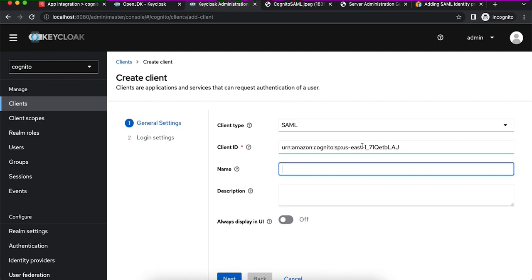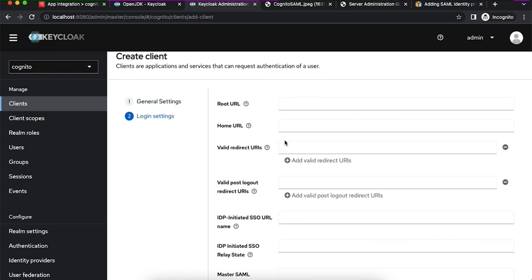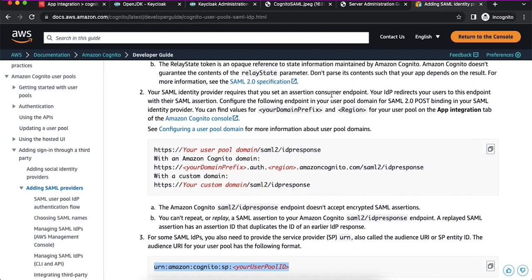So just replace that value, name this as Cognito SAML client, go to next, and here we need to configure the assertion consumer service URL, which is basically the redirect URL. So again, go back to Cognito documentation, and here you can see the assertion consumer endpoint for a Cognito SAML client. Copy this